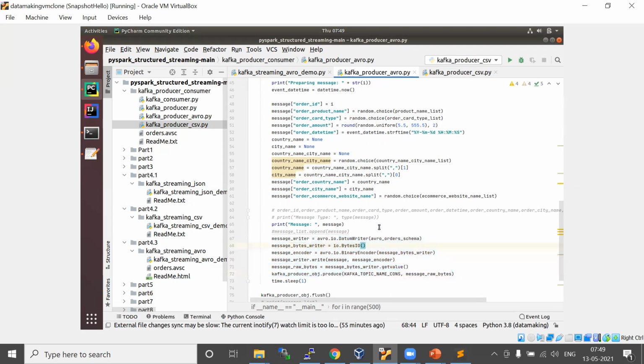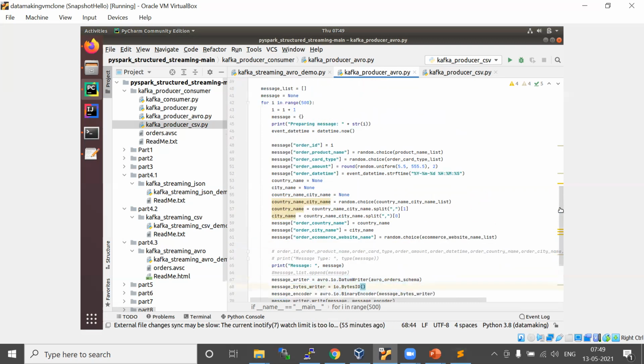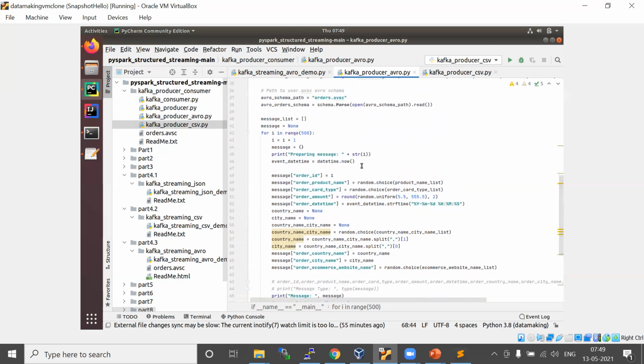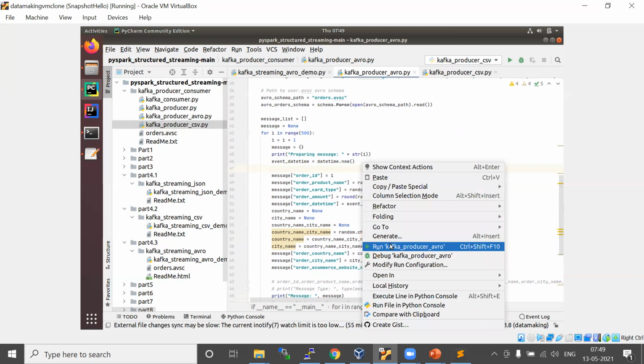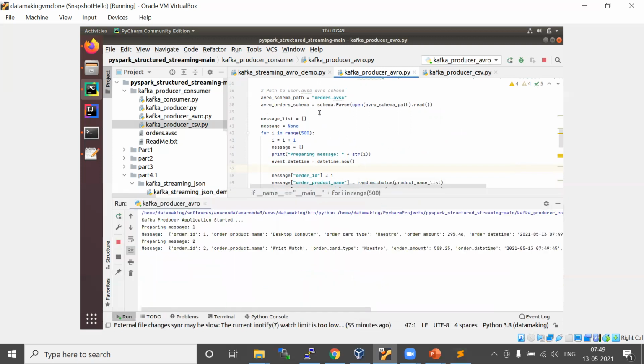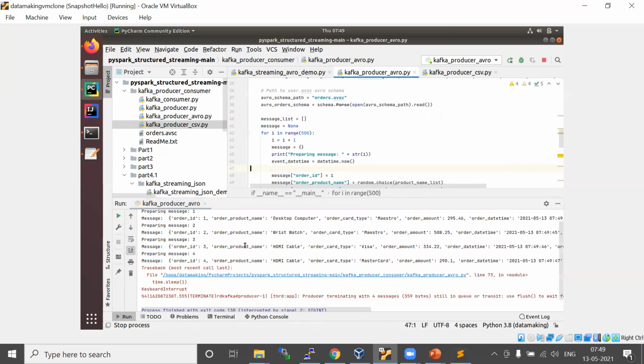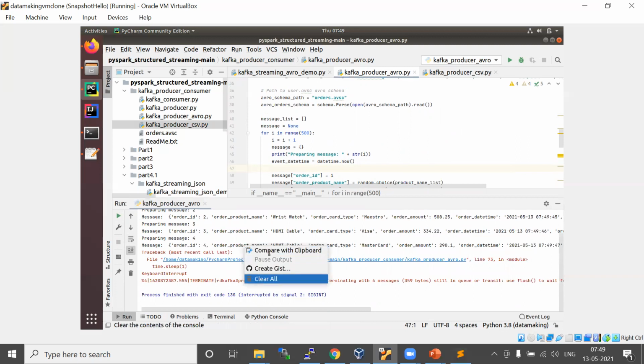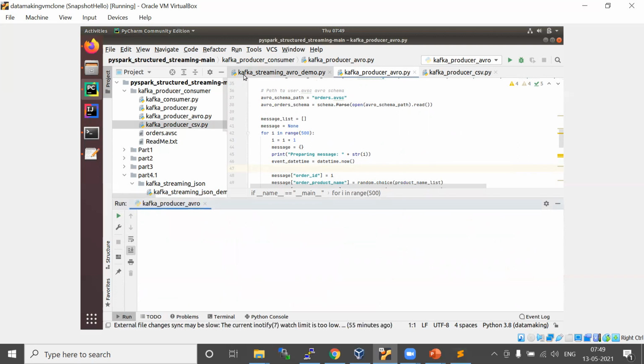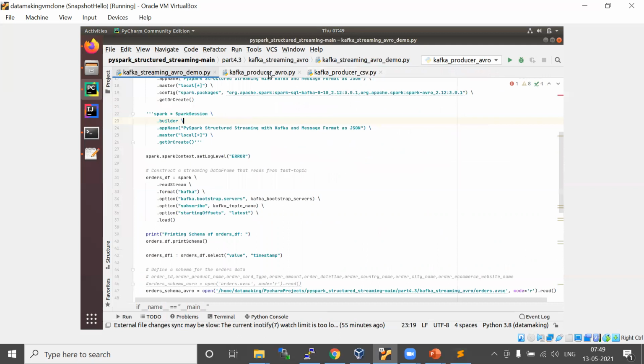Once this is sent to the Kafka topic, I'll put some 500 messages. Let's run this. Now we'll come back to the Avro streaming application.